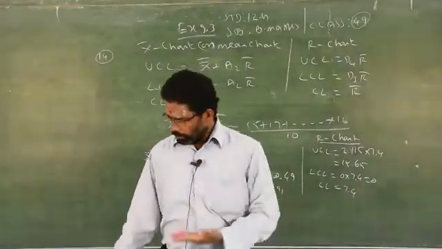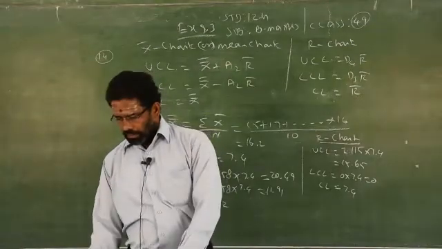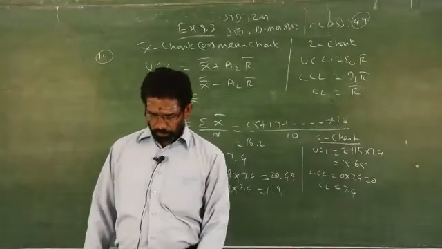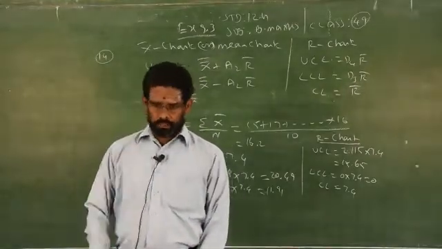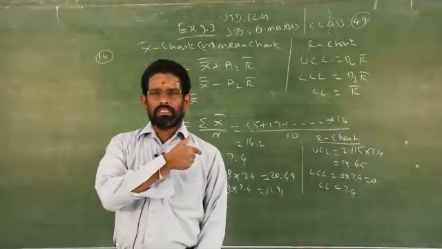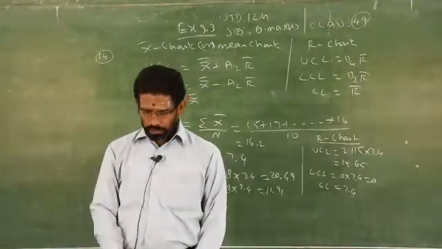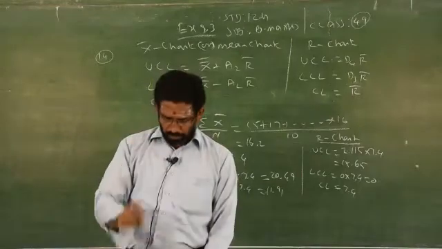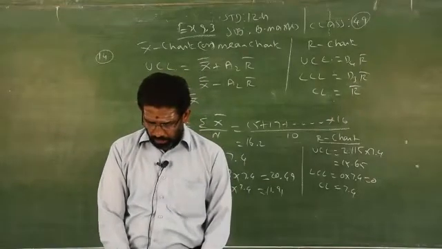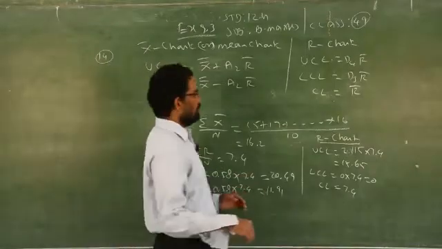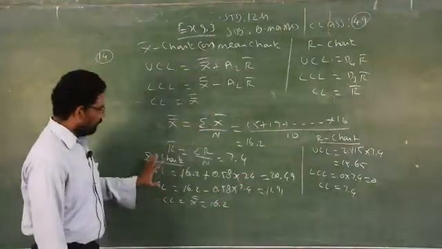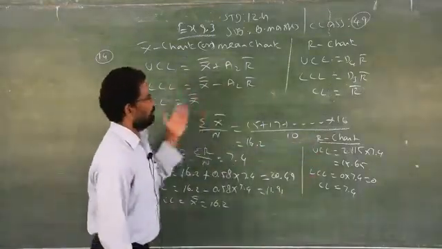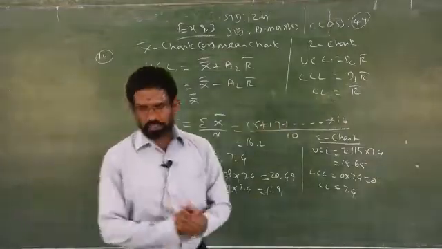If it is not given, on the last page at the end of this exercise number 9.4, the miscellaneous exercise 9.4, there is a table of control chart criteria. By seeing the sample size, here the sample size is given as n equal to 5, you can easily find the values for A2, D3 and D4. If the sample size is 10, then you have to see 10 under A2, 10 under D3, 10 under D4. Clear? So based on that you do the calculation. Now I found the calculation for the X bar mean chart as well as the range chart using these formulas. This is the only formula for all these problems. Clear?